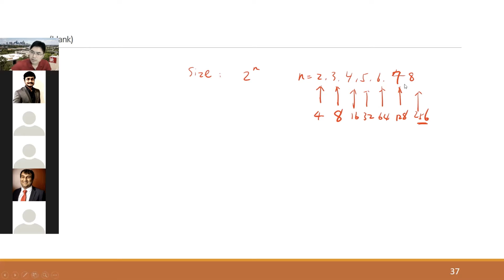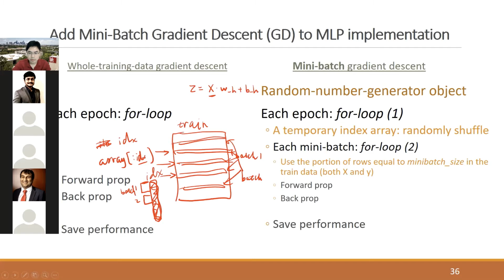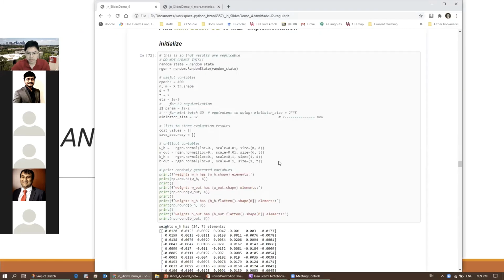And you don't have to remember all these numbers. You simply use Python code 2 to the power of n, and you choose the n. So, right, it's easy. Okay, so let's look at the code. Everything else remains the same